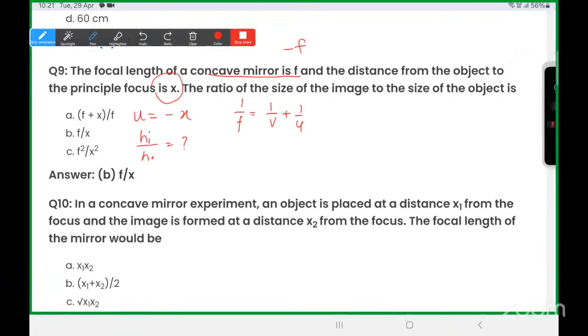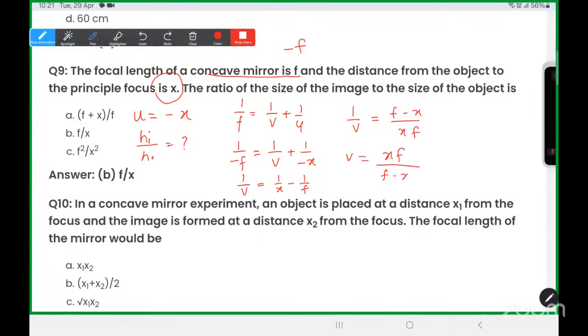ओके, मैं क्या बोल रहा था बच्चों, एच आई बाय एच ओ पूछा है ना, हम वैल्यूज पुट करते हैं 1/-f = 1/v + 1/-x। 1/-x उधर ले लेते हैं तो 1/x - 1/f हो जाएगा। दैट मीन्स 1/v = (f-x)/xf हो जाएगा। तो v = xf/(f-x)। ठीक है।